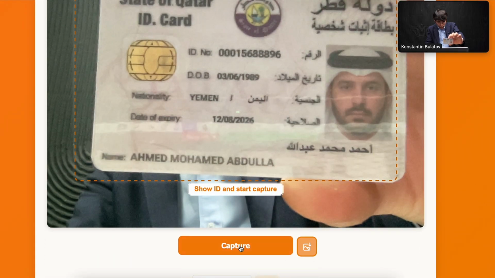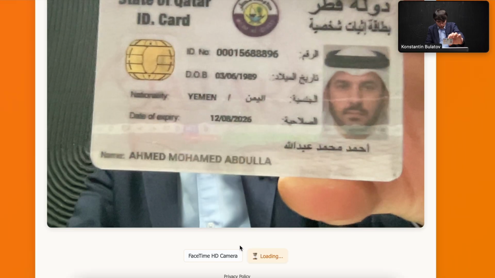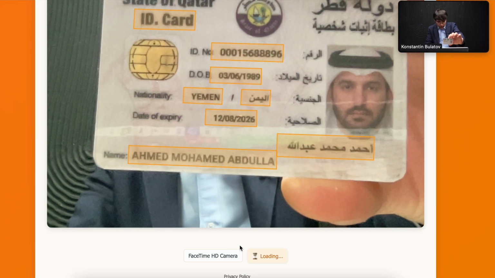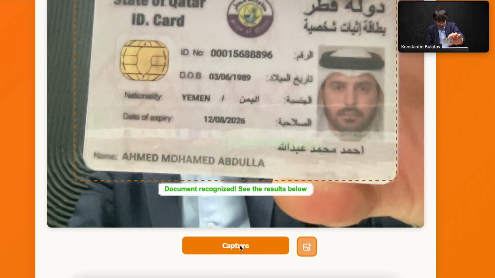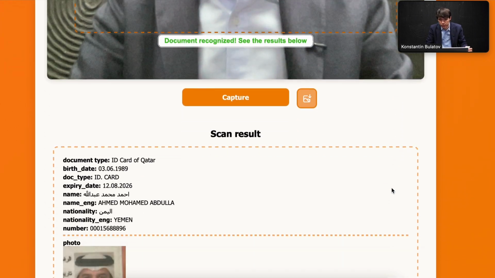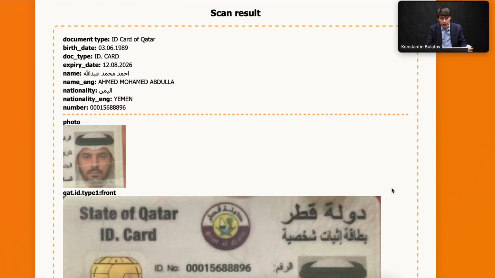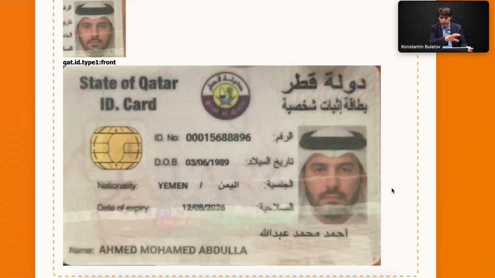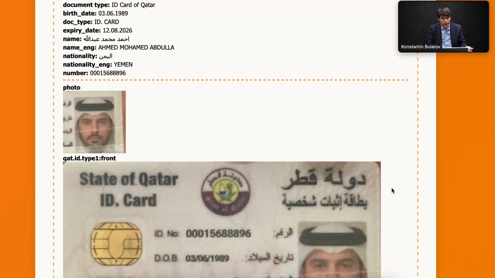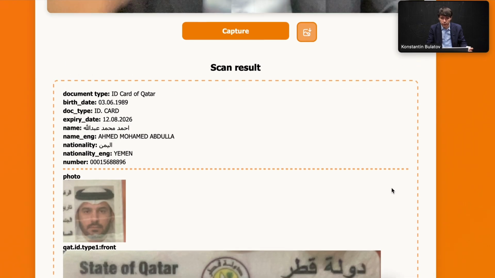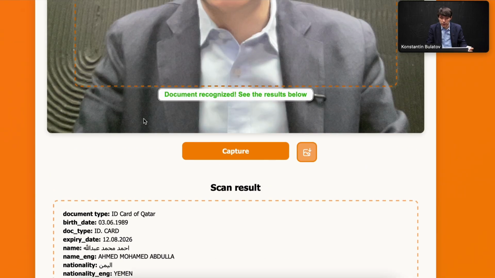So I point it to the camera, I click on capture, and it performs a real-time video-based scanning, because we actually capture multiple frames in order to increase the reliability of the scanner. And again, it extracts the rectified image of the whole page. It extracts the photo for face comparison after that, and it extracts all the text fields which it sees.